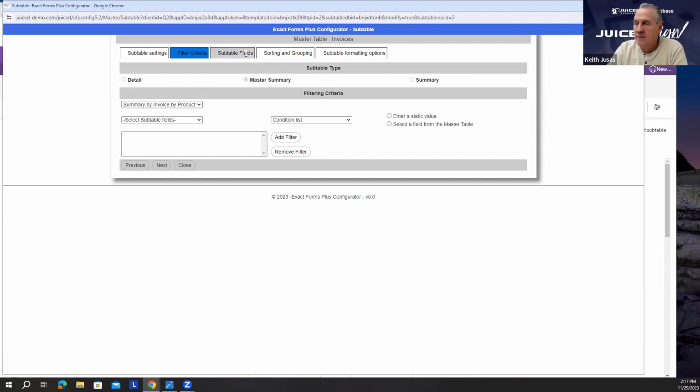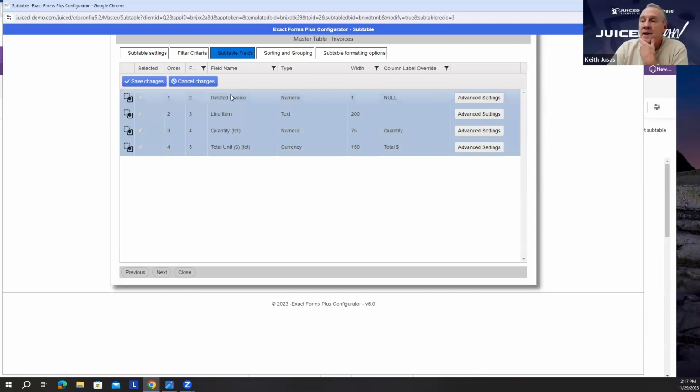Now we come over to the subtable fields. You'll notice that these are not editable anymore, meaning you can't remove any of these fields. You can't add any fields. Whatever fields are in the summary report are the fields that are going to be displayed in this list, and you can't change them. If you really wanted to change them, you've got to go back to the summary report and add or change fields. So you should get your summary report down pat, exactly the way you want it before you set up this configuration. The things you can change, though, you can change the field type, you can change the width,